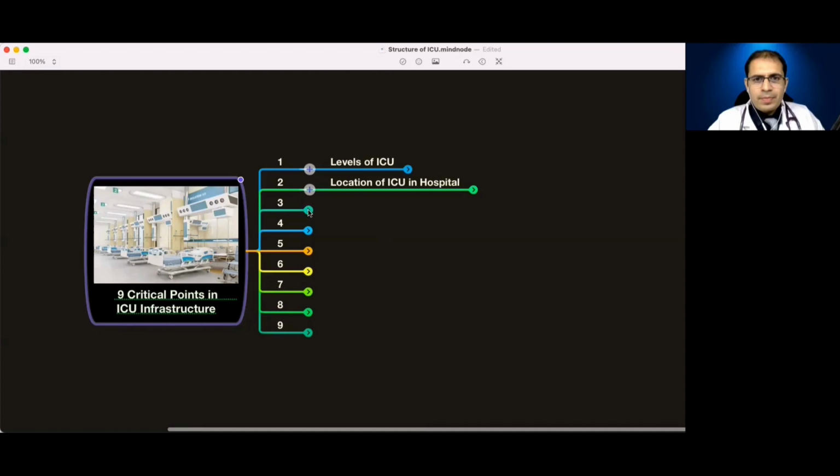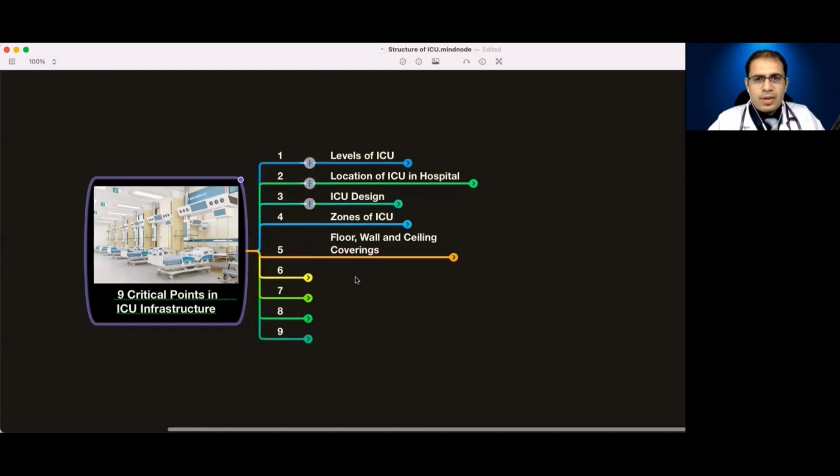Then there is ICU design, how to do floor, wall, and ceiling coverings. It's very important, because once you make it, you cannot do repeated changes, and if structural work is remaining or some work is not adequately done, it cannot be done in a running ICU. And especially